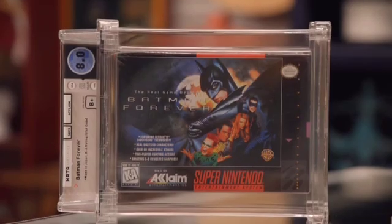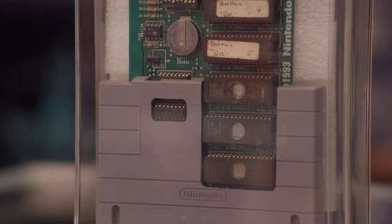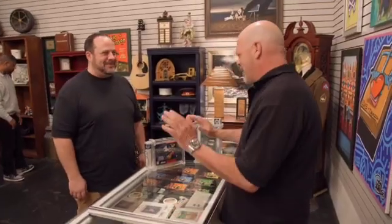Hi. What do we got here? This is Batman Forever, the video game for Super Nintendo, and the prototype for the Batman Forever game. I'm not a video game guy. Maybe I don't play them because I'm really bad at them. Because every time I've tried, I like pinball, but...